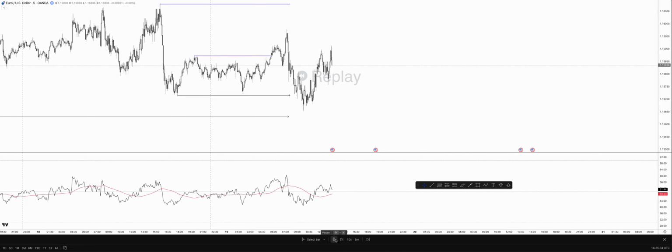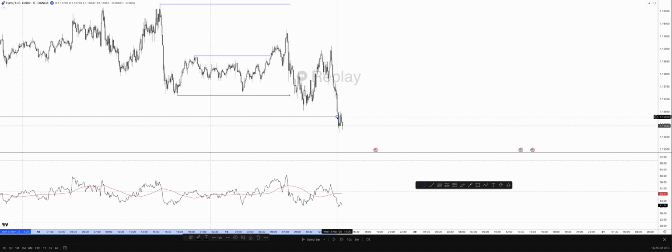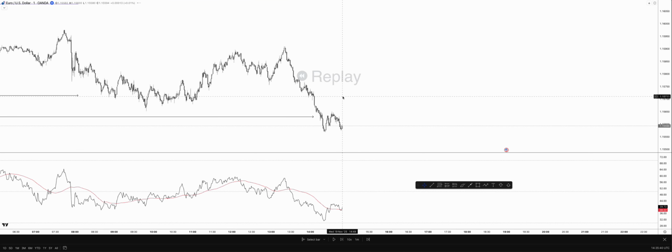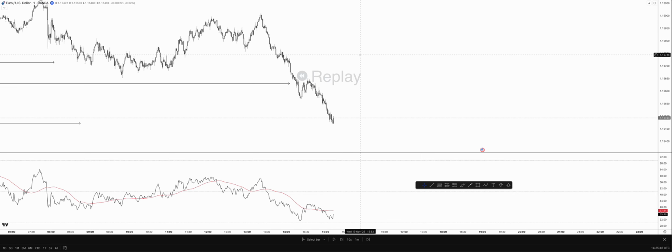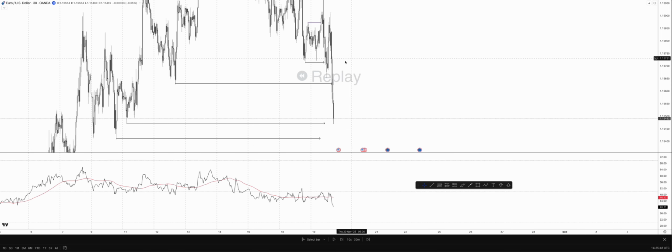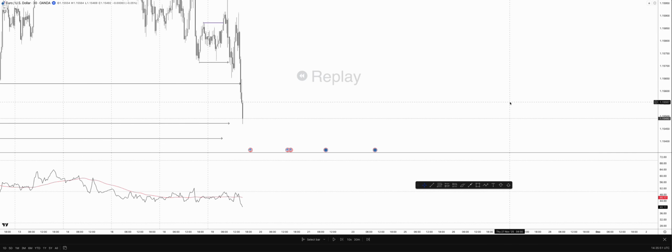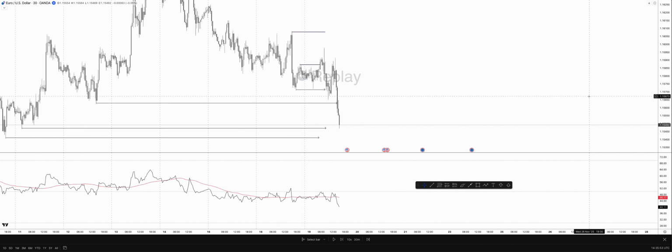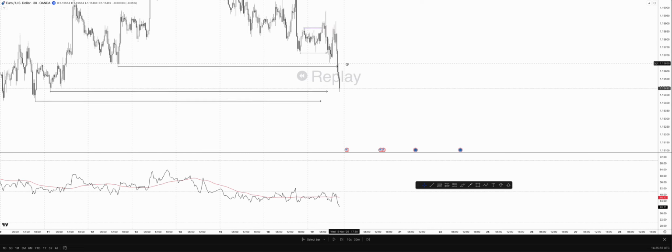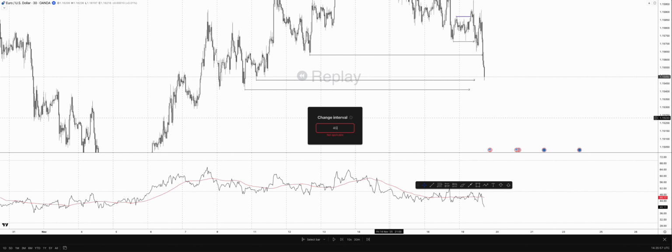Okay. You can see, bang. Right, so now that we've tapped into here, we can possibly entertain the idea of price coming higher. We get that. However, price just then starts to tank like so. And you can see here that overall, we can predict that this price is now probably going to go,